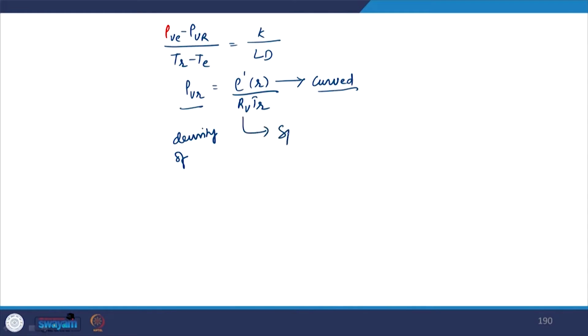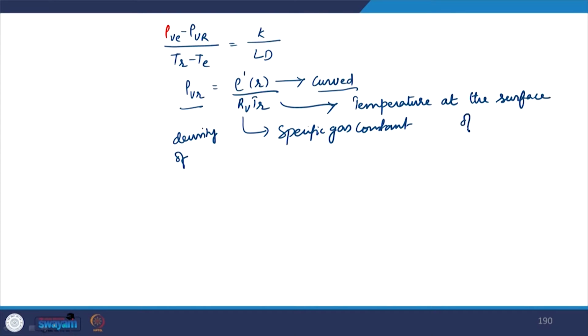This is the specific gas constant, and T, of course, is the temperature at the surface of the droplet, right. Now, so here we can involve, if this is with respect to the curvature, we have